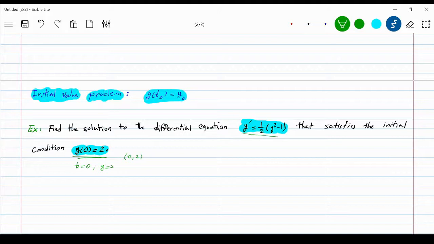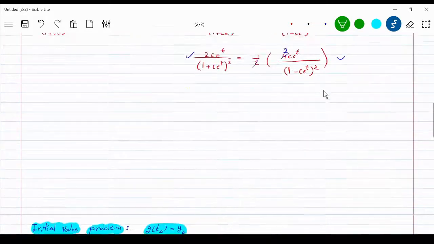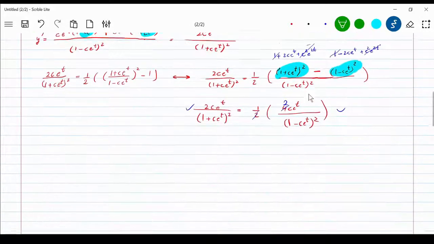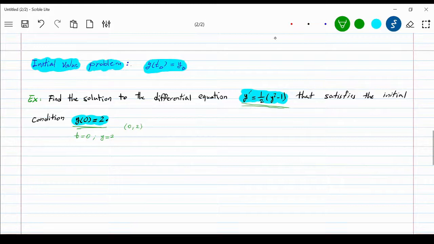We already know the solution to this one. We don't know how to find it, but it's given in the last example. Here it was given: y equal to 1 plus c e to the power t divided by 1 minus c e to the power t. This is the solution to that equation. We showed that that is the solution. So assuming we know the solution has the form of 1 plus c e to the power t divided by 1 minus c e to the power t,